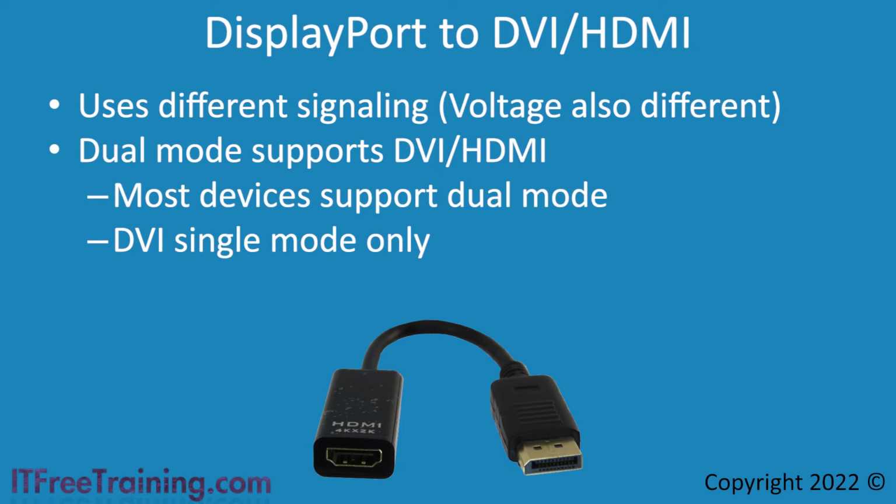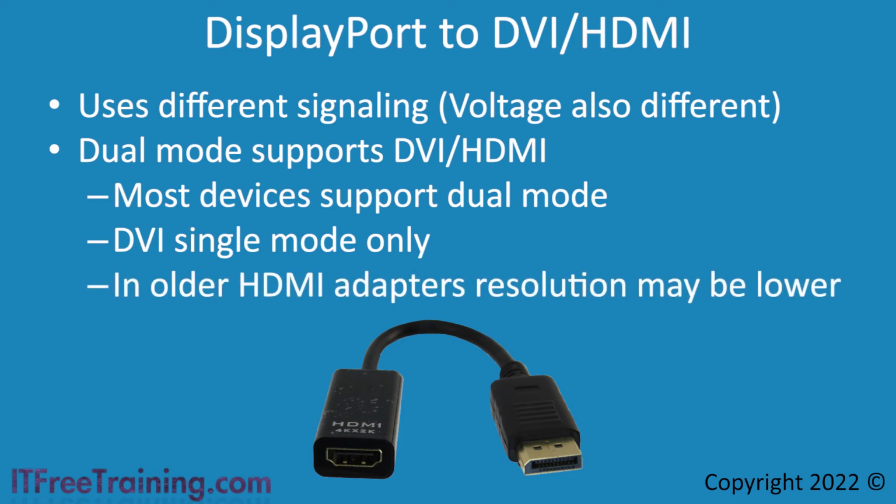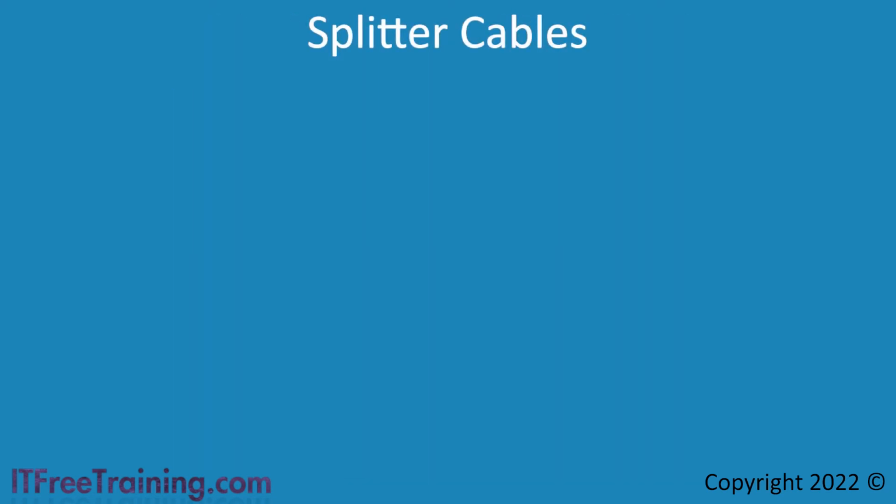If you are using HDMI, the resolution may be limited depending on how old your adapter is. Since the signal needs to go through an active adapter, the older adapters were required to retransmit less data. This is because higher resolutions were not in use when the adapter was first created. Newer adapters should not have this problem and will be able to transmit higher resolutions. If you are planning to buy an adapter, check the specification of the adapter to see what the maximum resolution that it supports is.